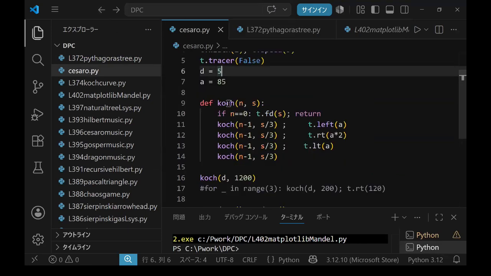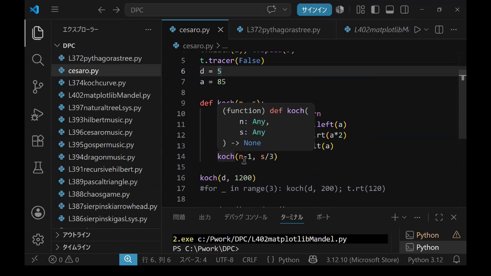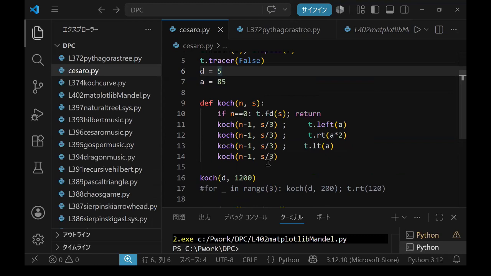The base case is just a single line. Otherwise, it will be done by using 4 calls of Koch of level n-1. So this is a very simple recursive